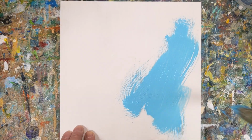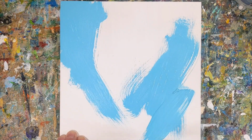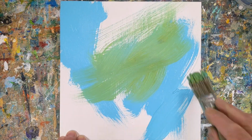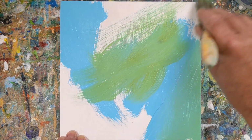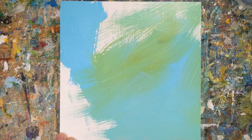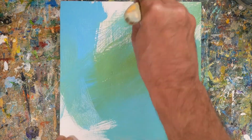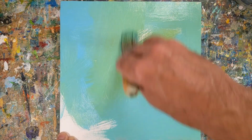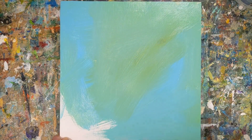In this painting tutorial, I'm going to show you a demo to help spark your creativity with a vibrant, nature-inspired abstract painting. At the end of the video, I'll show you an image that this painting was very loosely based on. So I started out by toning this 10 by 10 inch or 25 by 25 centimeter cradled wood panel